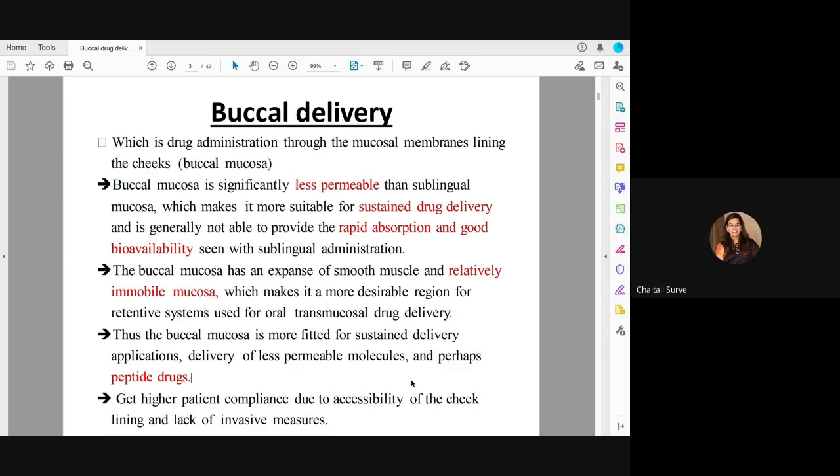Also, you have an option, if you are facing any side effects, or if you feel like vomiting, you can anytime throw out that tablet or the dosage form that you have taken. Anytime you can remove it. So that is not an option which is available in your IV